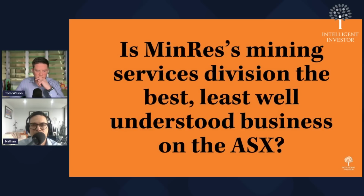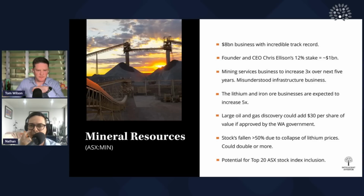I've gone through MinRes before. I'll just breeze on it very quickly because this is one of our biggest positions, and the stock's been absolutely killed recently. Well, I think we bought it around $65 and looked like a hero for a minute there, and I think it went to 97, then came back down to 52 on the lithium price fall. Probably should have sold it at 97, but we really believed this was a $120 stock and $150 stock